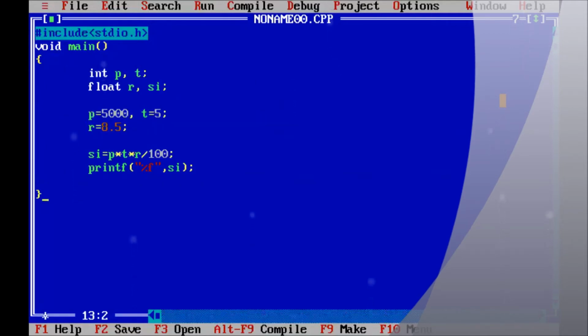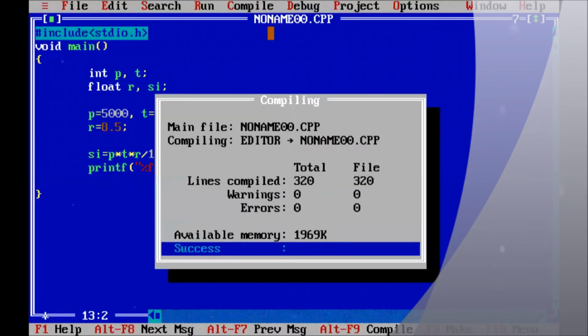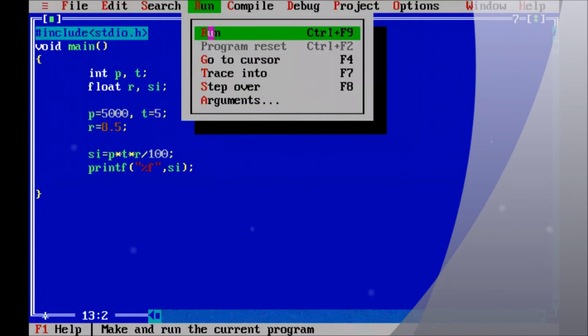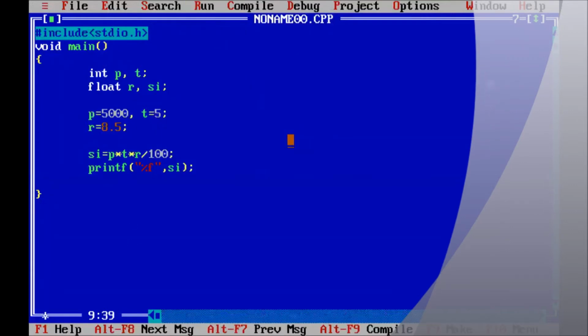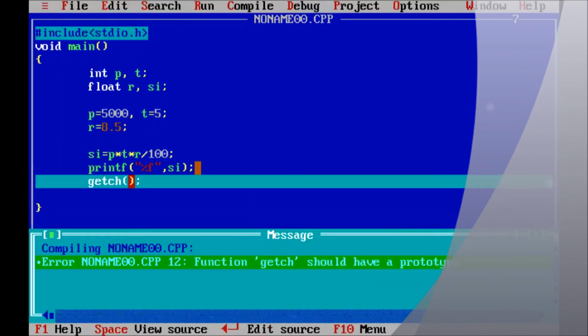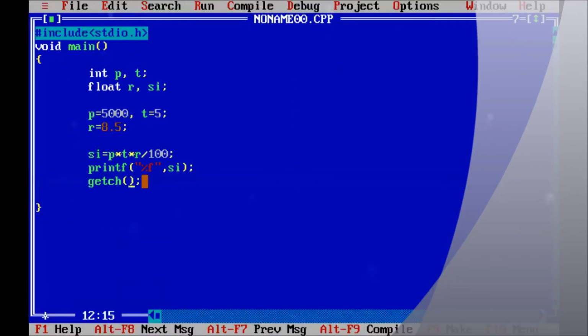Okay, we compile this program. Okay, run the program. Okay, the screen does not show. So we write here the getch function to show the output. Again we compile. Some error: function getch should have a prototype. It means the getch function